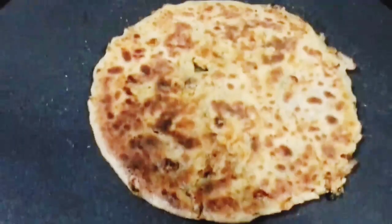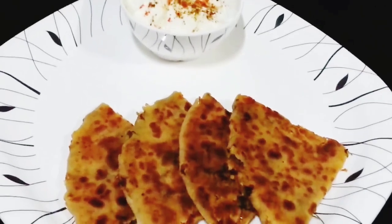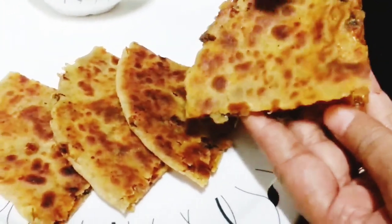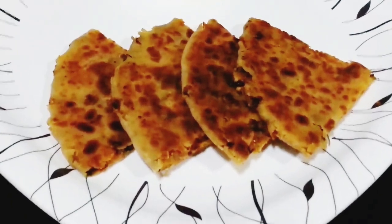And the paratha is ready. And our onion paratha is ready. And you can see the stuffing over here. Really nice. Serve it with sour cream and it's very tasty. So do try this special onion